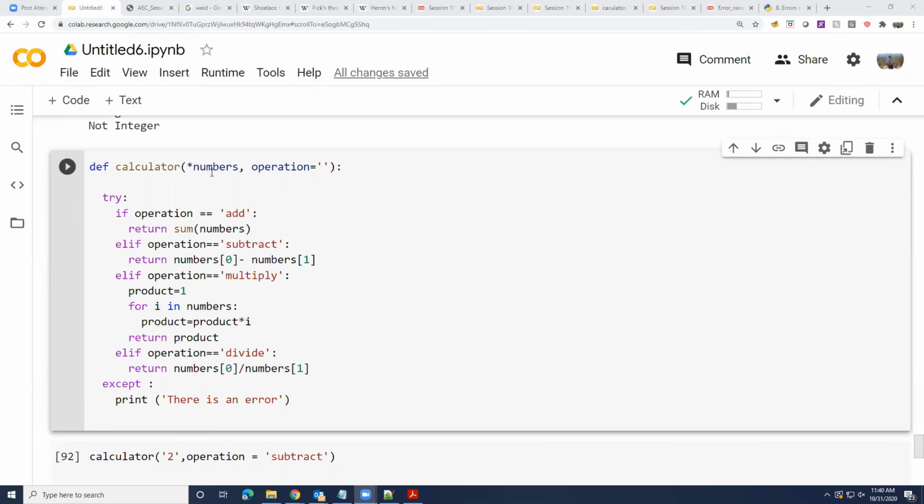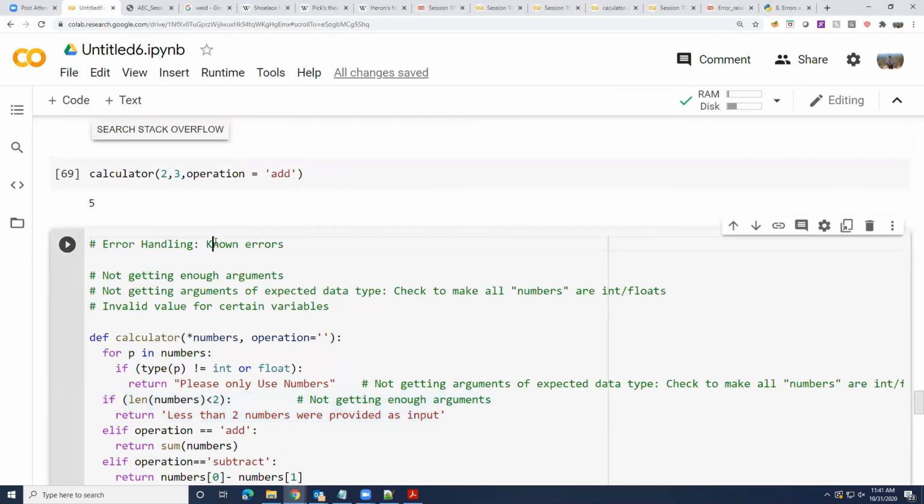If you're running it on a supercomputer, this function with 1 billion input numbers actually gives you the answer in a second. But if you are running it on Google Colab, probably passing a billion inputs to this might fail. Does a power outage break it? Probably not. Yeah, unknown errors are, better said, I think Nipun said it better, unpredictable errors, right? Anything that you cannot predict, that's an even better way of saying it.